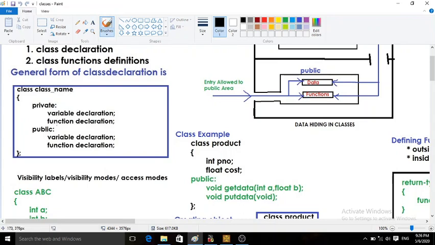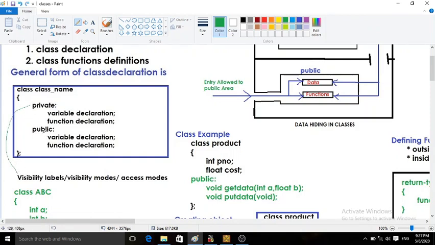These private and public labels are called visibility labels, visibility modes, or access modes for the data of our class.